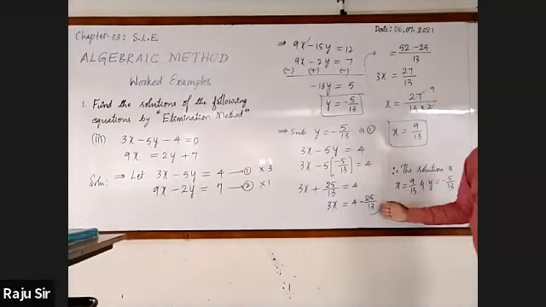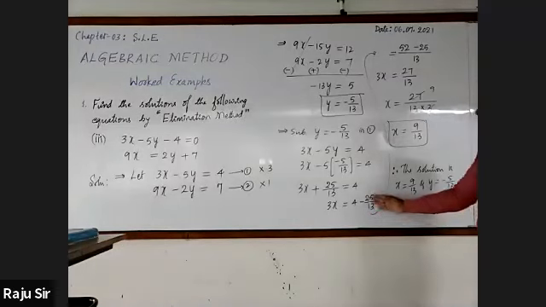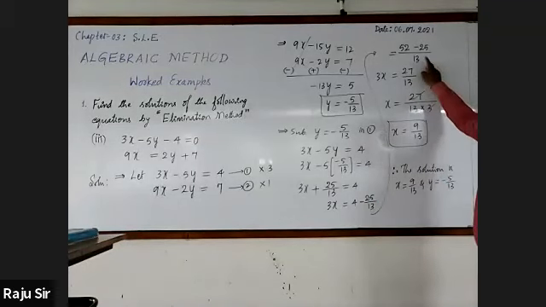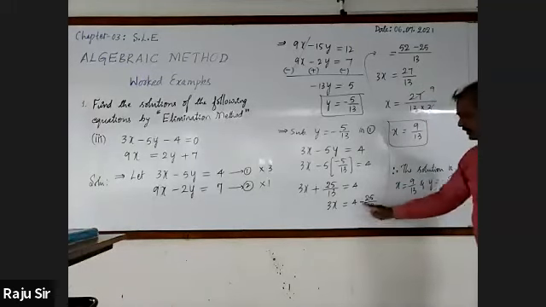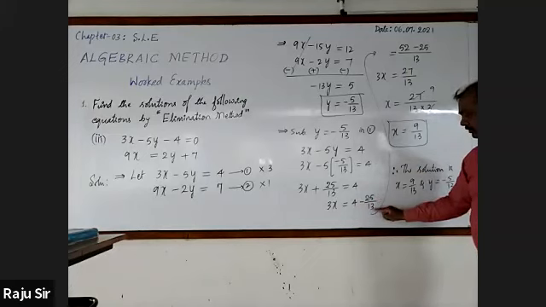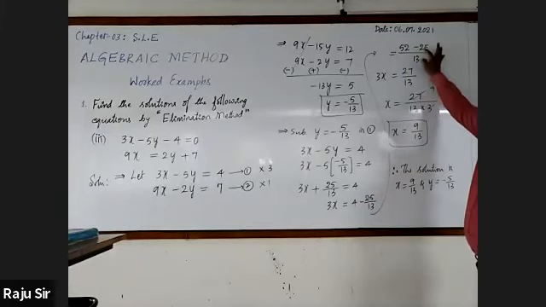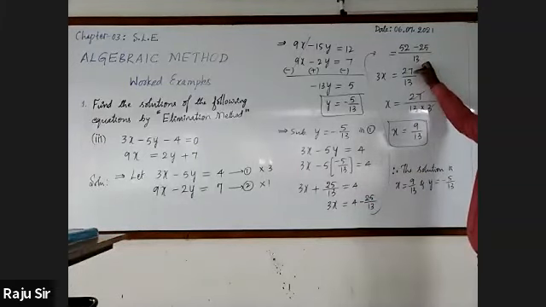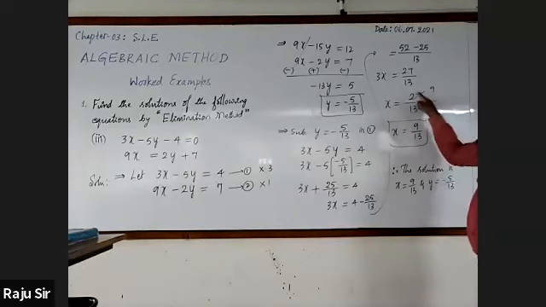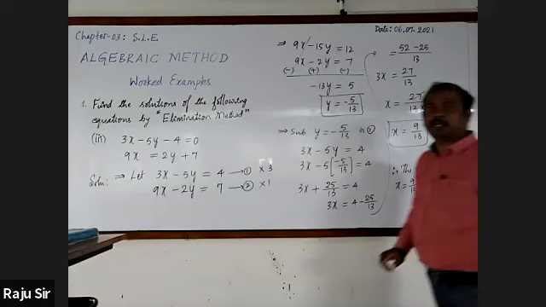Transfer this to the right hand side. Then minus 25 by 13. Take the LCM of the denominator. Multiply that LCM with the first term: 13 fours are 52. With the second term, 13 gets cancelled. Minus 25. Subtract, you will get 27. On the left hand side, 3x is there. Transpose 3 to the denominator. So x is equal to 27 by 13 into 3. On cancellation, you will get 9 by 13.